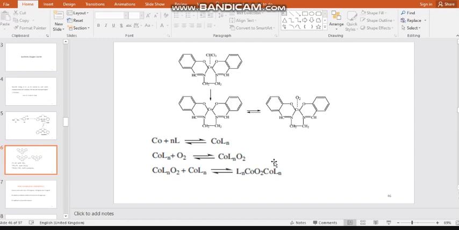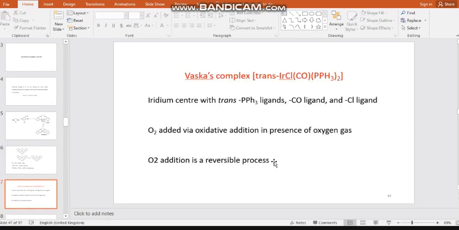biological systems are highly stable. These molecules are stable only in some environments, not in all. That's the main thing. Another synthetic oxygen complex which does the reversible oxygen binding is Vaska's iridium complex. It is nothing but iridium chloride, iridium monochloro monocarbonyl,